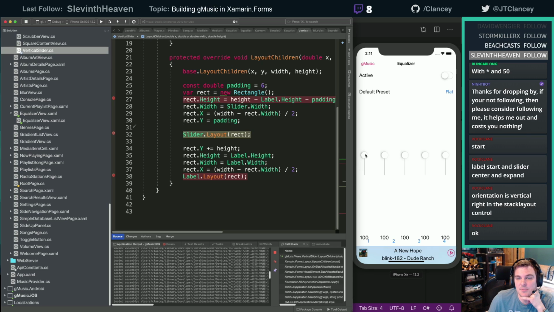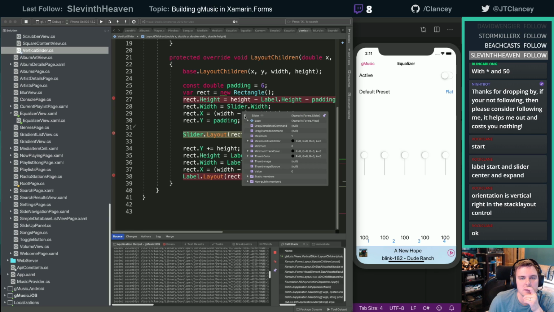So if this is set at 500, why in the world is it not doing that? My width is wrong. Width. Oh, they've got height and width backwards on this, don't they? It's a stupid rotation, I bet.